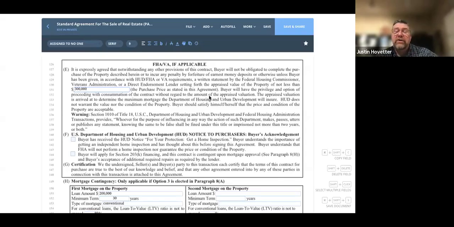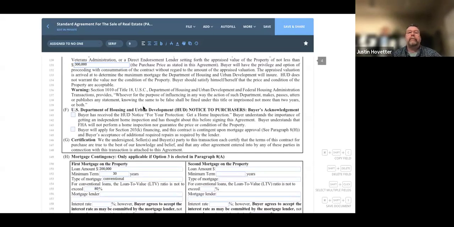So if the buyer wants to move forward, they can, because they have that privilege and option. HUD does not warrant the value or the condition of the property. If you are doing a VA or an FHA deal,